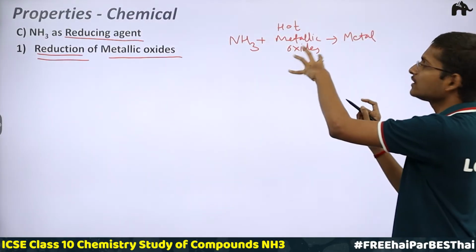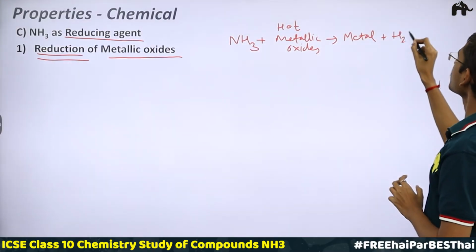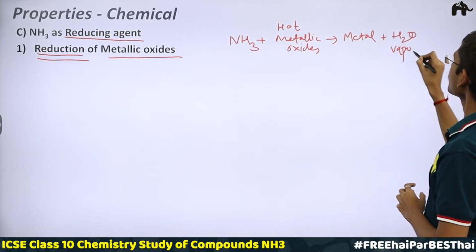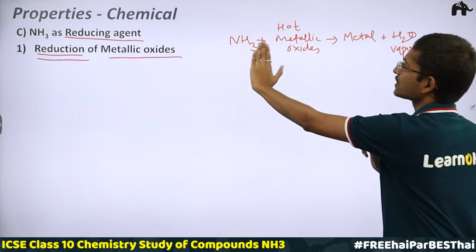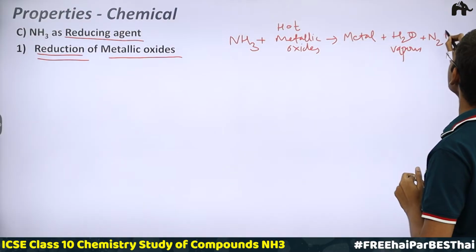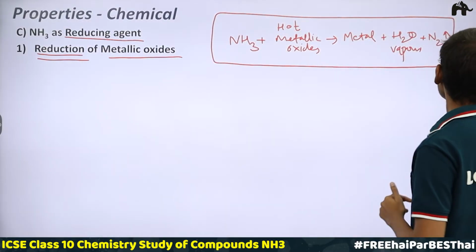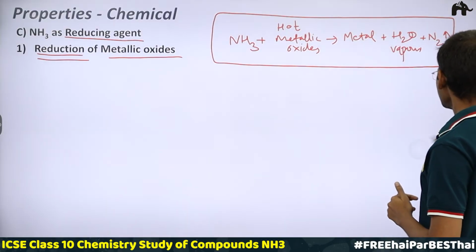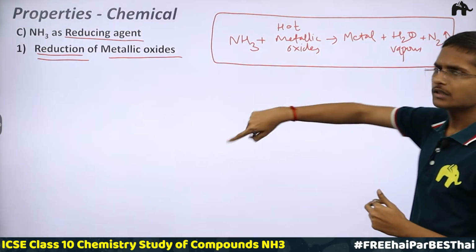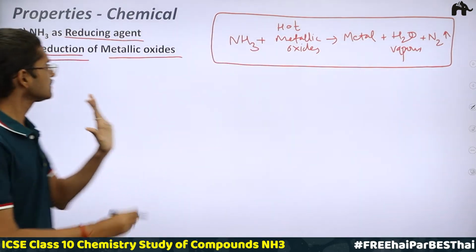Oxygen would move on with the hydrogen and form water vapor. So metal, water vapor, and then nitrogen gas is formed. N2 is released. This is the general reaction which you simply need to remember. Now you need to apply this reaction to the two metallic oxides which we have to study in our syllabus. First is